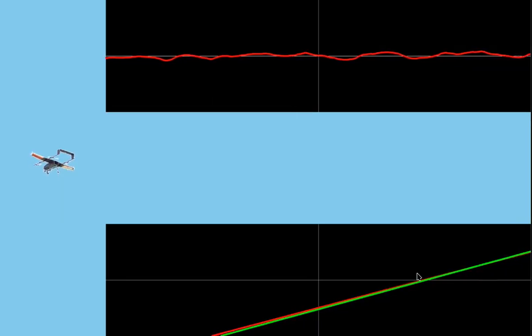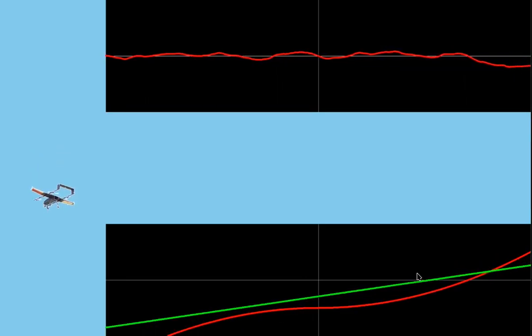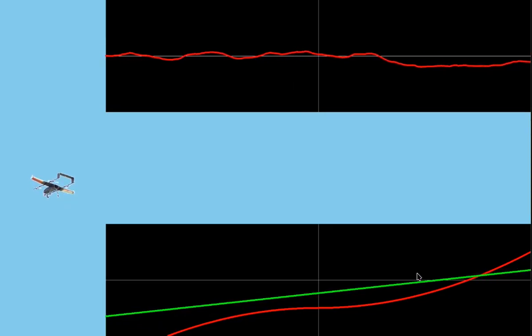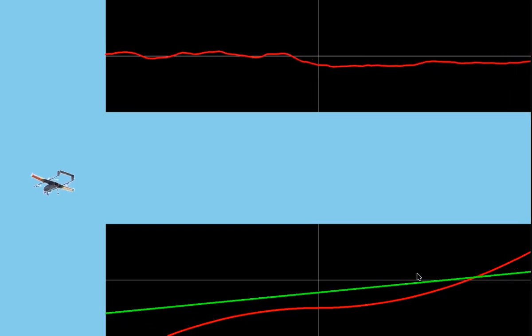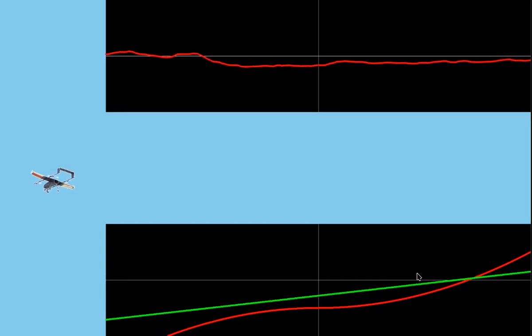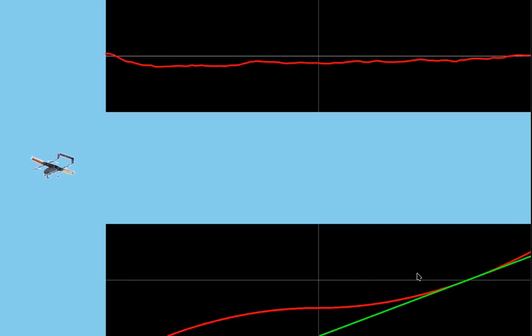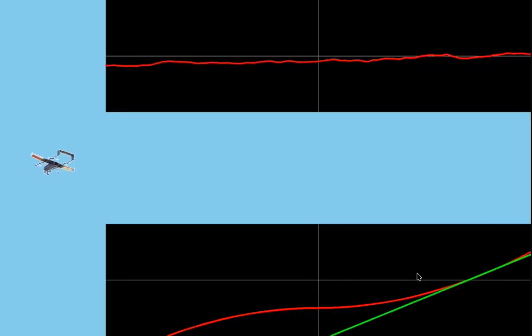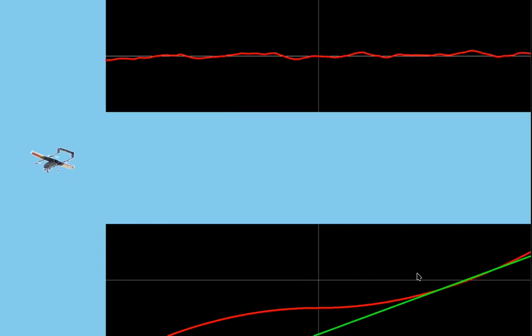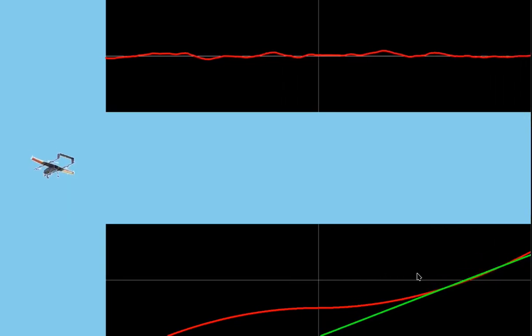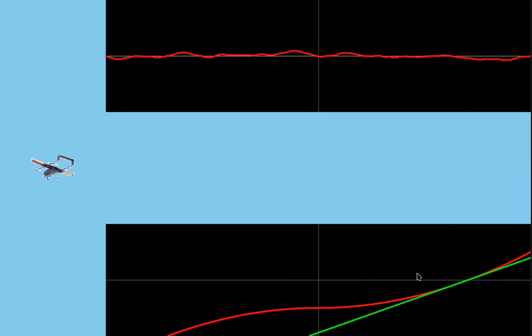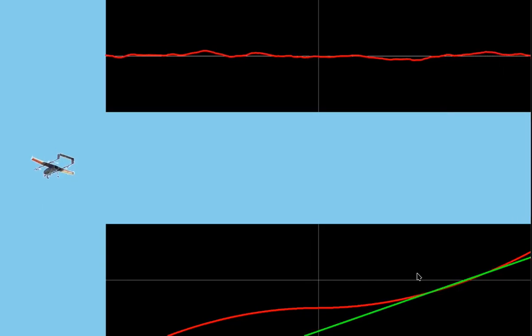But I could switch that to a quadratic curve. Here the negative is just the negative version of the quadratic, but you can see that it first struggles a little bit. You can see that its offset is actually negative for a bit, but then it does eventually end up with a model that is tangent to the quadratic line at the point that it's trying to hover about, which works as a pretty good model for the purpose of the system